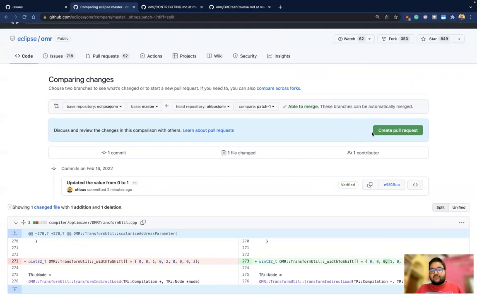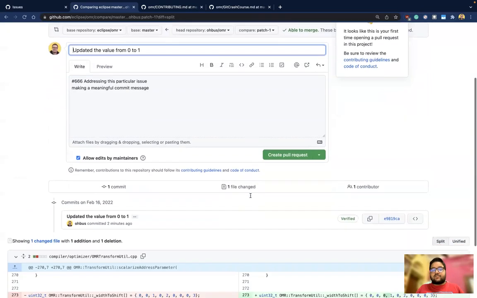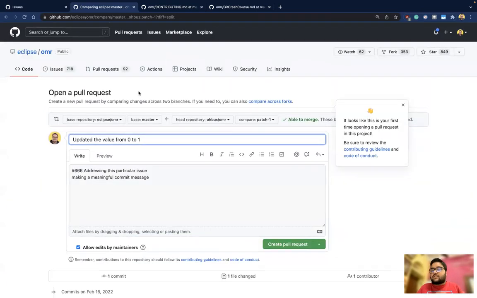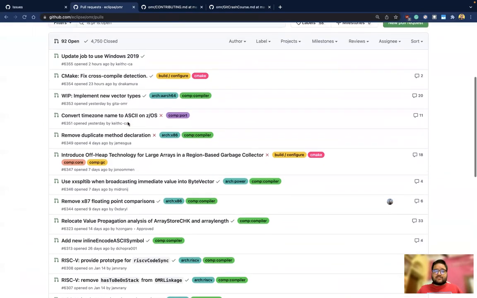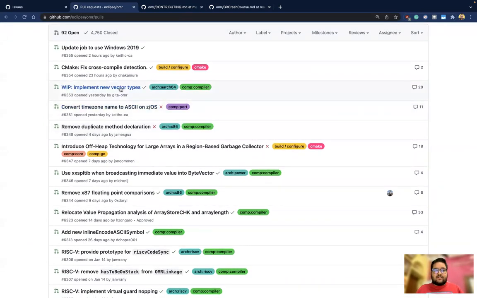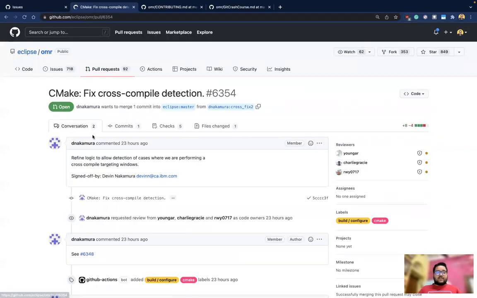So when I create a pull request, you can see this will create a pull request, and I don't want to create a pull request over here because I don't want to barge in on all the 62 people's notifications just for this demonstration purpose. So what I can do is show you how an existing pull request looks. So you can see this pull request which has been done by